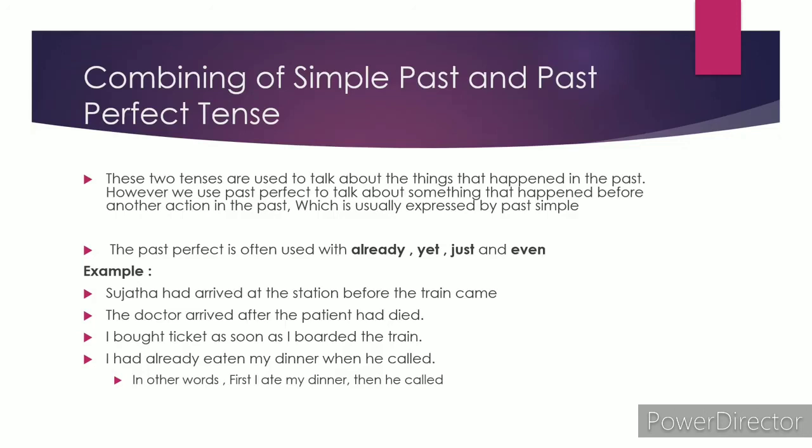However, we use past perfect tense to talk about something that happened before another action in the past, which is usually expressed by simple past tense. The past perfect is mostly used with already, yet, just, and even, and also with linkers. Example,